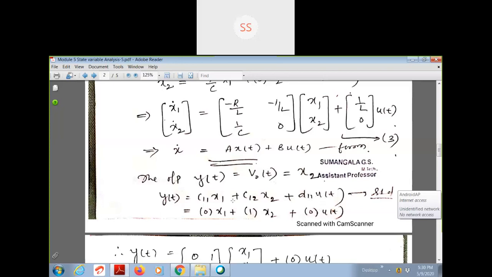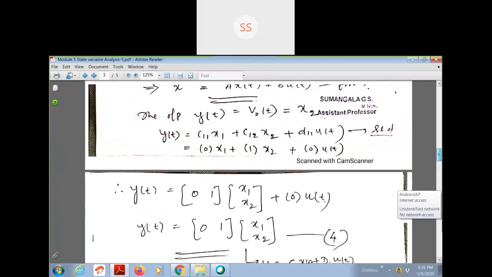So therefore now we will put that in the standard format, y of t equal to 0 into x1 plus 1 into x2. This is because y of t equal to x2 simply. Now why is it so? Because it is equal to v naught of t. So that's why its coefficient is 1. So 1 into x2 plus 0 into u of t. Okay. So using this, now we will write